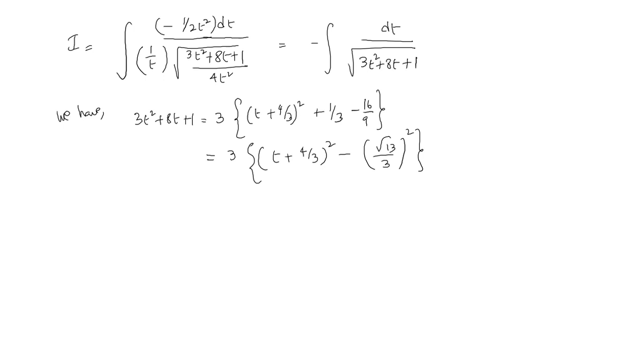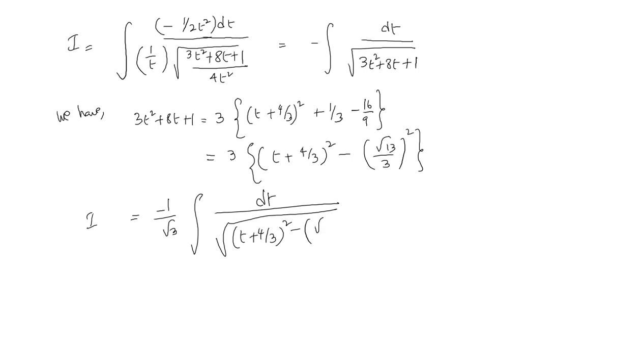Okay, so therefore we get I as minus 1 by root 3 integral dt by square root of (t plus 4 by 3) whole square minus (root 13 by 3) whole square. Okay,